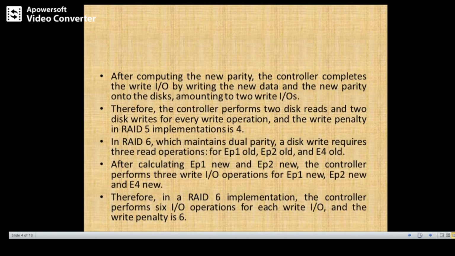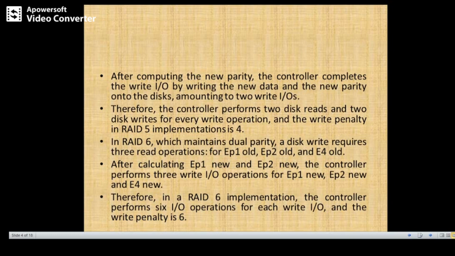In RAID 6, which maintains dual parity, the disk write requires 3 read and 3 write operations. We are having 2 parities, EP1 and EP2. So in the case of RAID 6, that means dual parity, we have to perform 3 read operations in order to read EP1 old, EP2 old and E4 old.